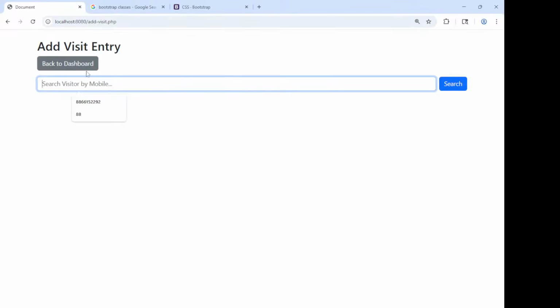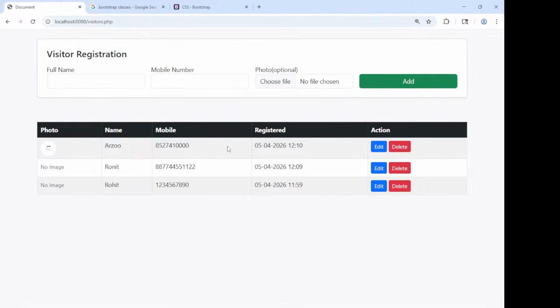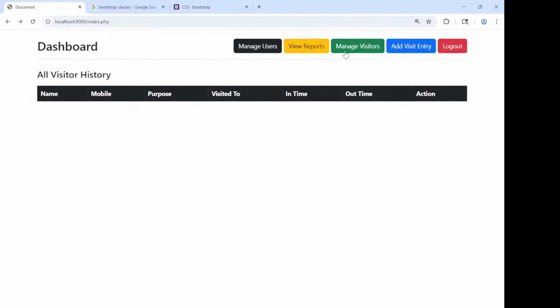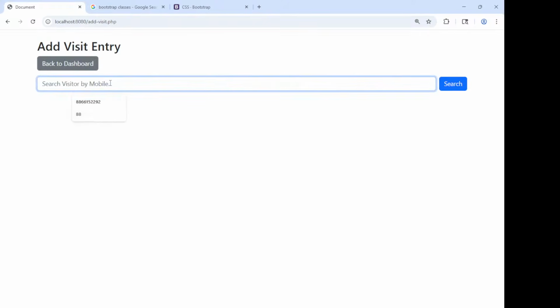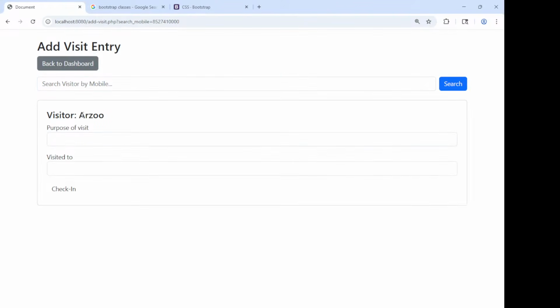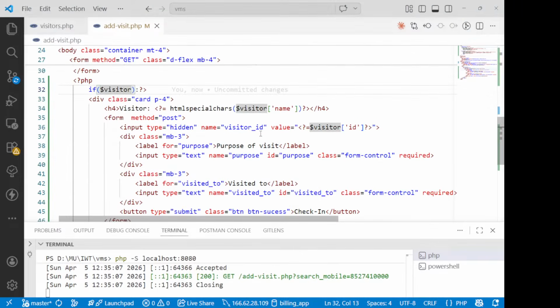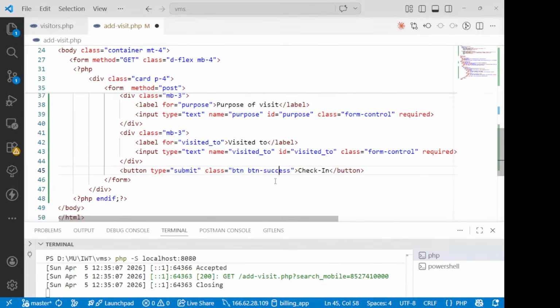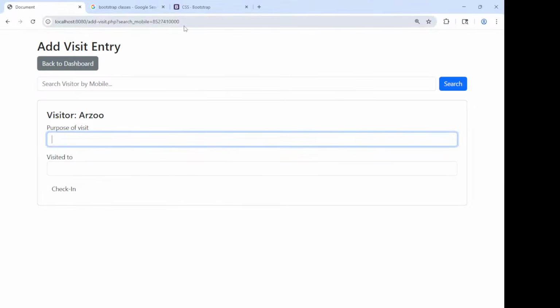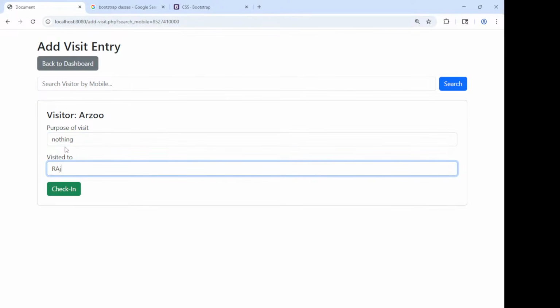ये हो गया। अभी मेरे पास डैशबोर्ड पे जाओ, विजिटर में जाओ, क्या नंबर है, ये वाला है, सर्च कर लेते हैं। मैं यहाँ पर बटन डालना भूल गया हूँ, मैं बटन डाल देता हूँ उसको भी। As you can see, we are getting this one. We are going to say simple button में सक्सेस प्रॉपरली नहीं लिखा है मैंने, आई थिंक सो, बटन सक्सेस, it sucks sometimes, yeah, visit, nothing, visit to Raju,